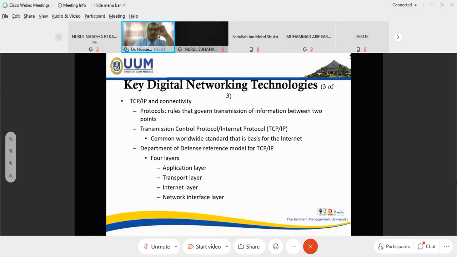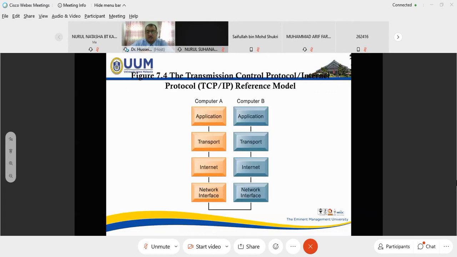So Transmission Control Protocol and Internet Protocol are a common, widely used standard that is the basis for the internet. What are the four layers? Application layer, transport layer, internet layer, and network interface layer. When we communicate from one device to another, we have to have four layers.